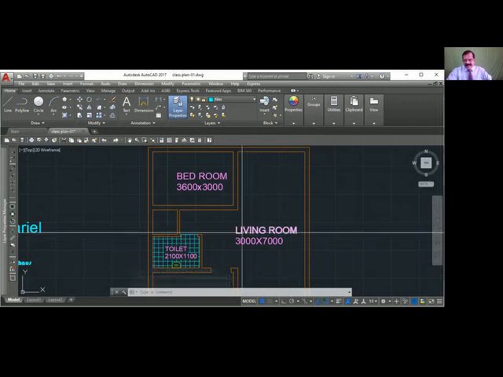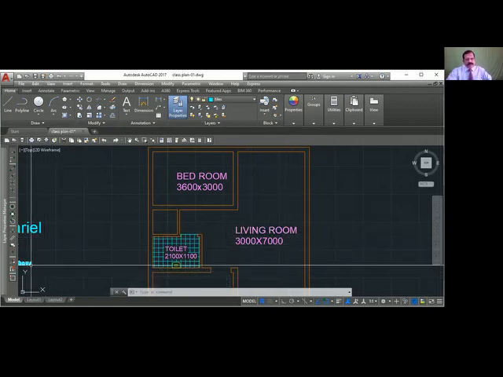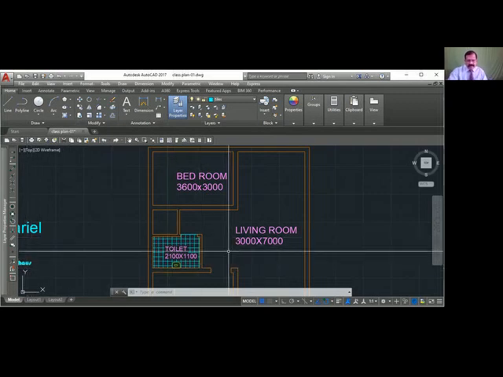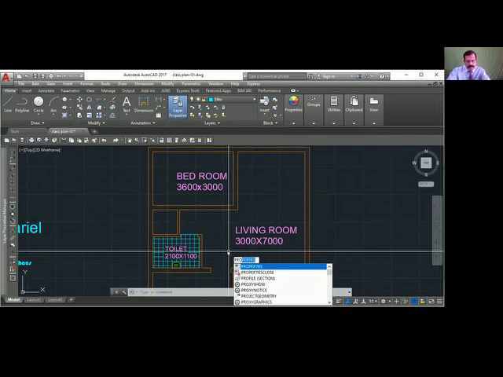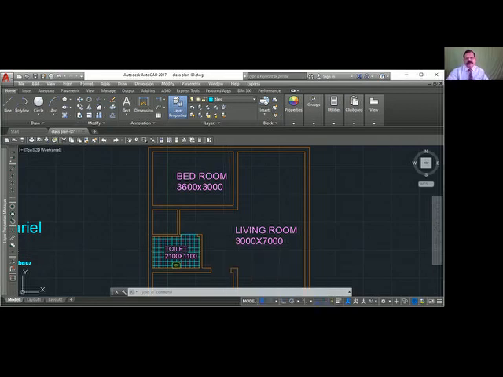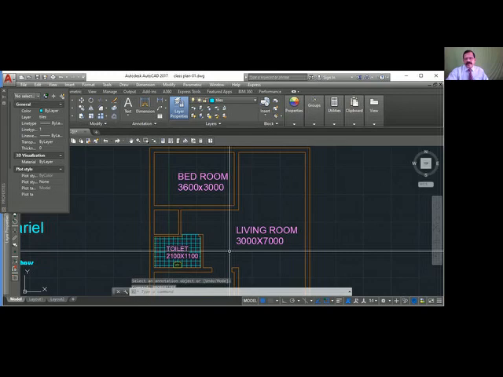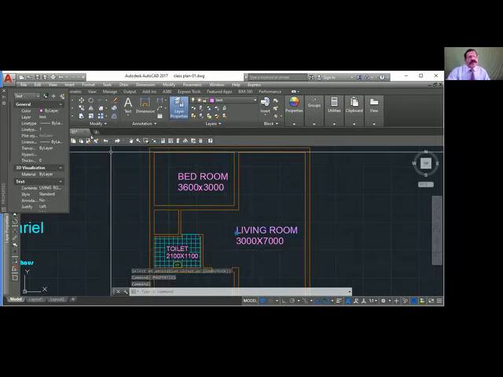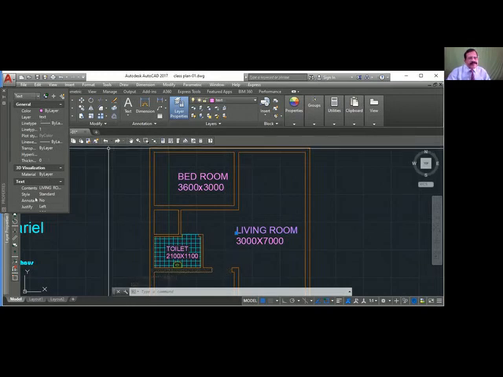But if you want to change the style, it's already in this style and I want to change it to the new style which I created, I have to use properties. Properties, enter. You select this. So all the properties of this have come. Now you change the style here. Under text style it is using the standard style.